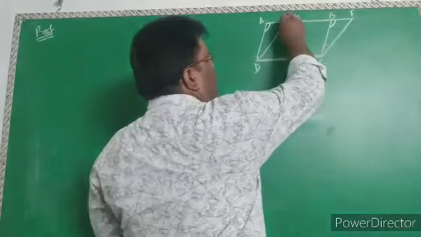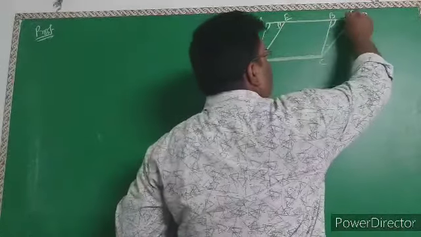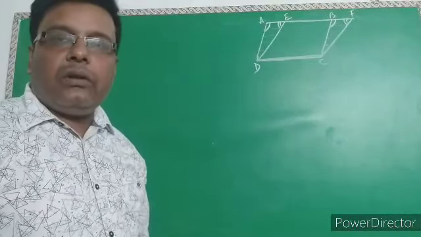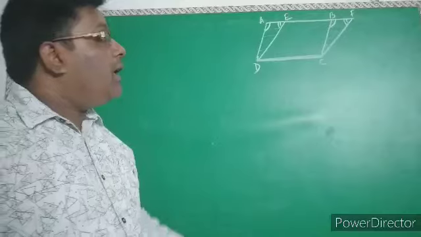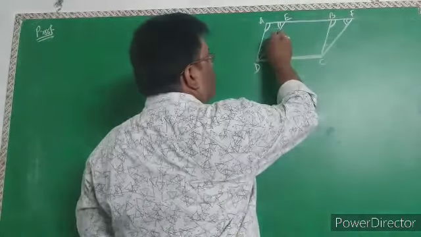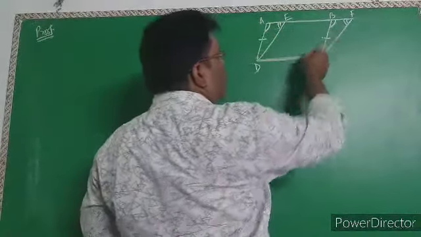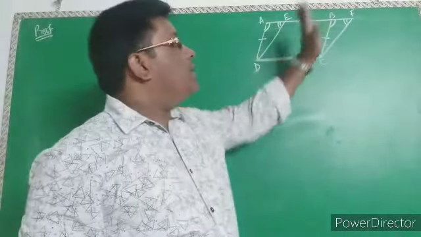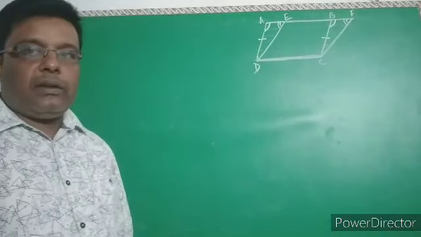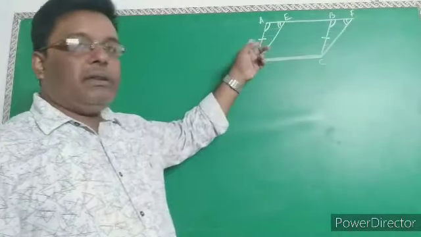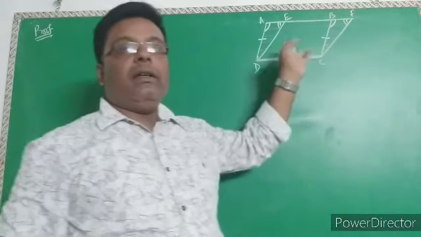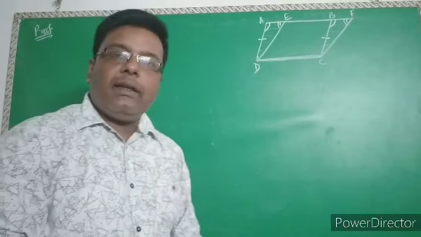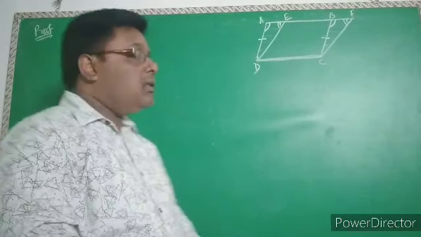Similarly, angle E and angle F are also equal, they are also corresponding angles. And AD and BC are also equal because opposite sides of ABCD are equal. So by angle-angle-side, these two are congruent triangles, and if they are congruent, then their areas are also equal. So see,